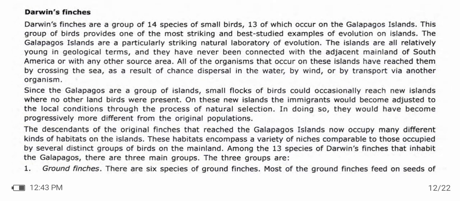The Galapagos Islands are a particularly striking natural laboratory of evolution. The islands are all